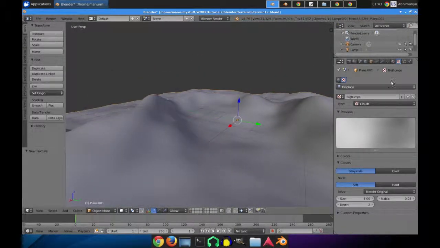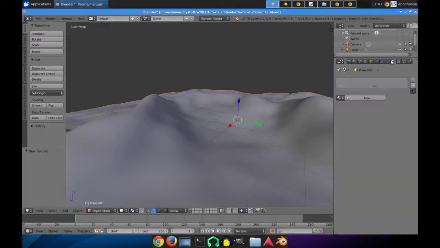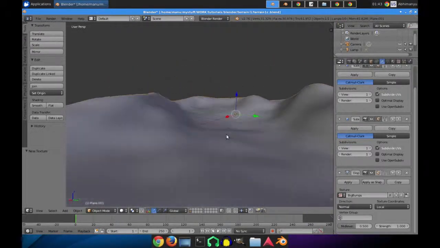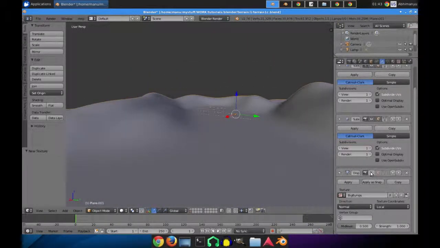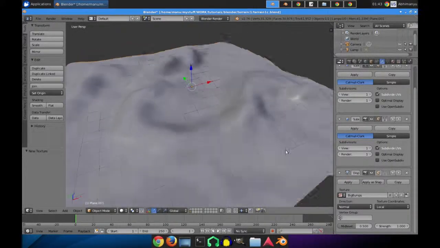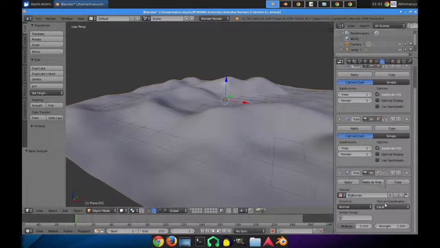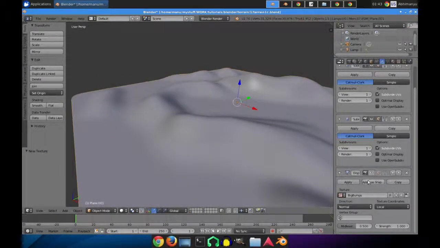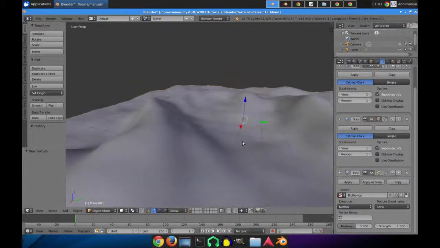so that with the modifier it's like so, and without it it's like so. This is just to give the rocks a natural feel. See, earlier it was so smooth and now it's like so. So what we can do now is decrease the strength to 0.4